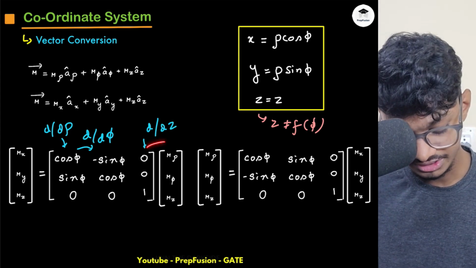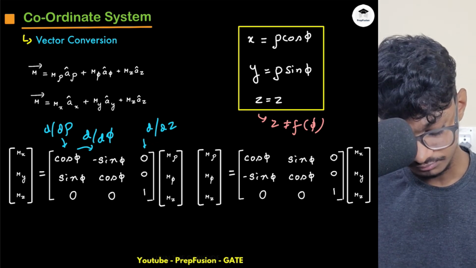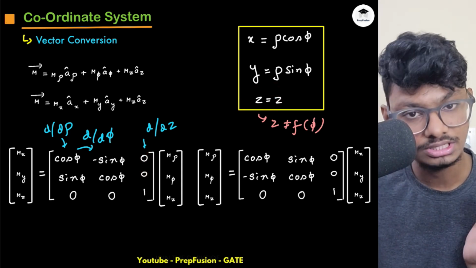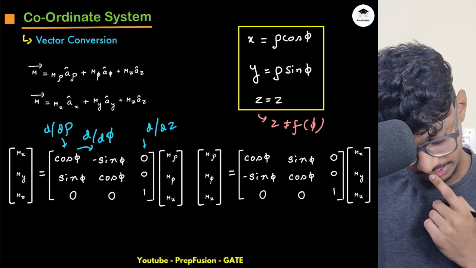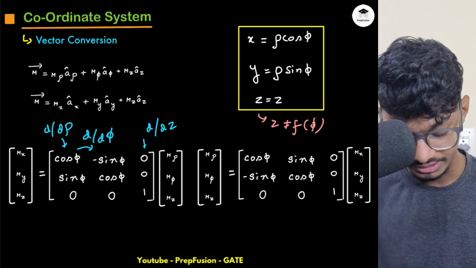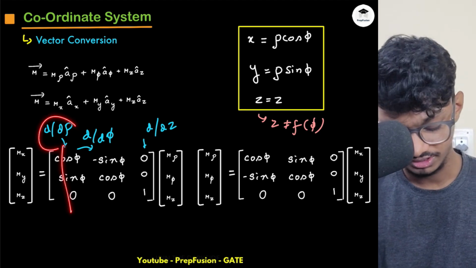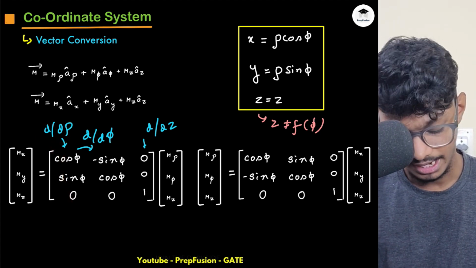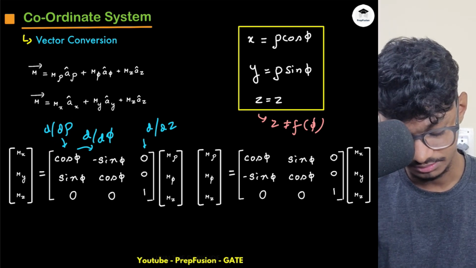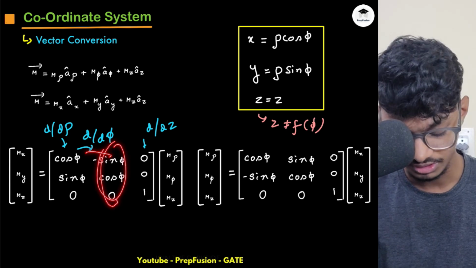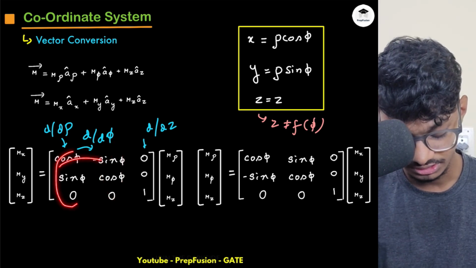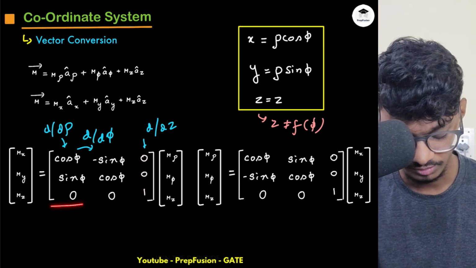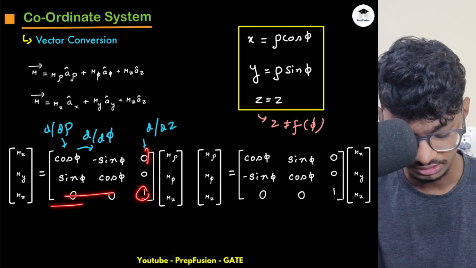If I partially differentiate with respect to Z, what do I get? This will be simply 0, 0, and this will be simply 1. And exactly that is what is happening over here, right? So this is how you solve. You have to remember that this first column comes from partially differentiating with respect to rho, this second column comes from partially differentiating with respect to phi, and this third column is pretty simple, right? Z will be equal to Z, so only 1 will be present